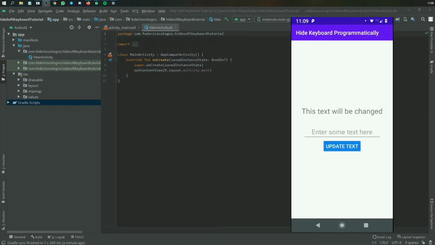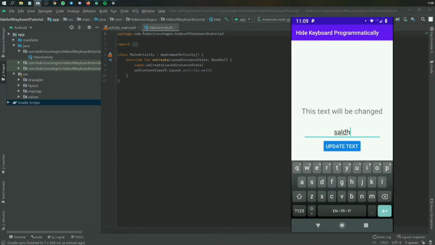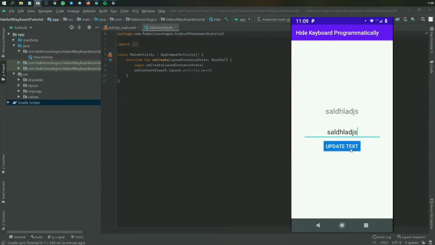In this video I'll be showing you how to hide your soft keyboard programmatically. And what does this mean? This means essentially if you were to type something in here and you click on this button, the keyboard will disappear automatically. By default you will type something and the keyboard will remain, but this is a very nice